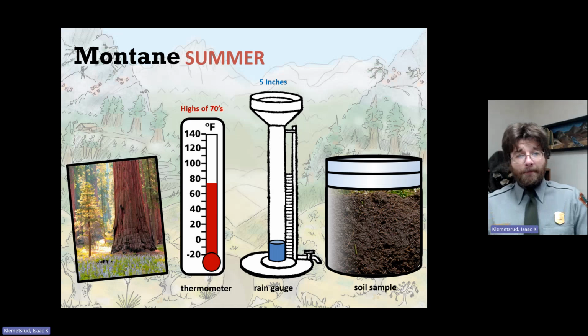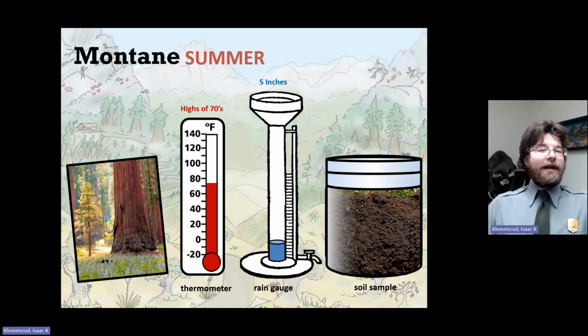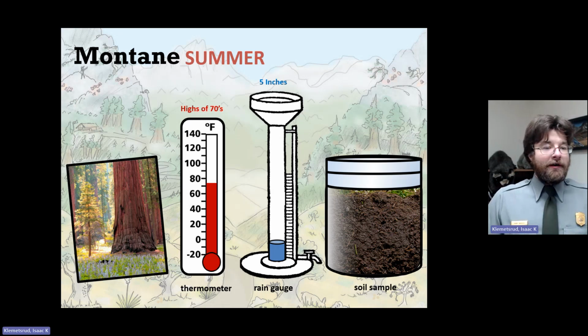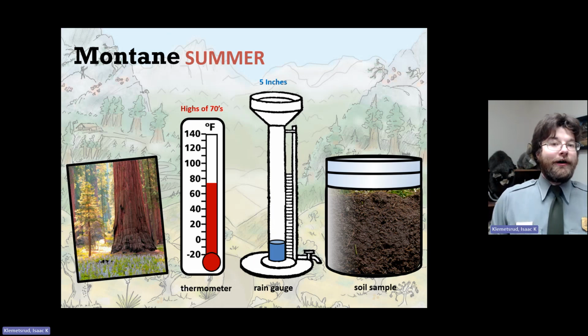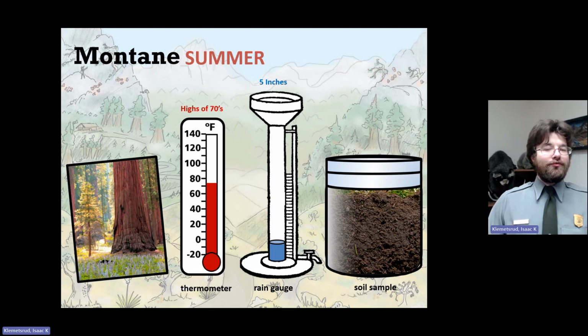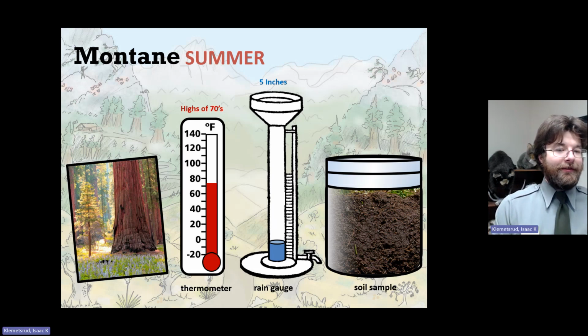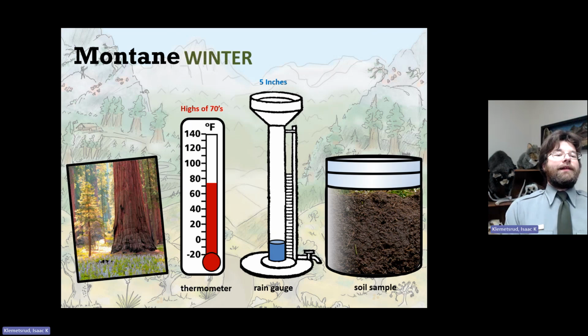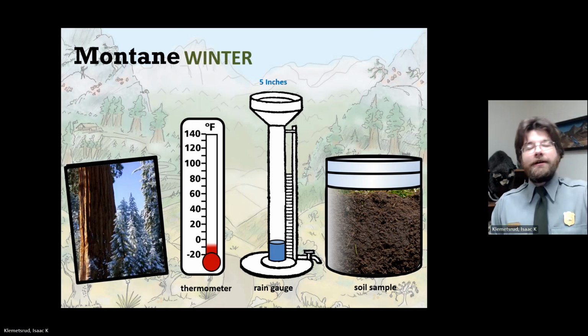And that's because as we get higher up in elevation, it starts to get colder and colder. So going from that high of 5,000 feet all the way to 10,000 during the summer, it's not going to be around 100 degrees like in the foothills. It's going to hit around that 70-degree mark, which is really nice and comfortable for a lot of different plants and animals. But because we're higher up and it gets colder, that means that unlike the foothills, during the winter